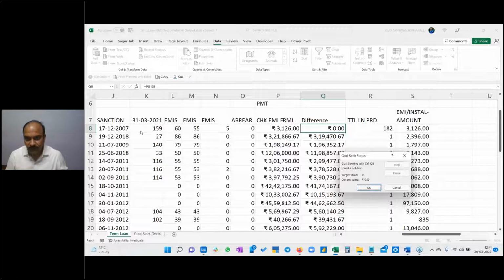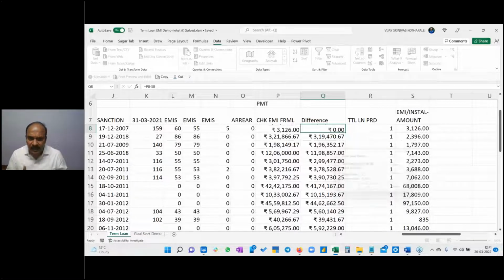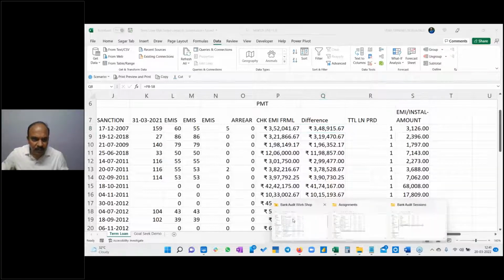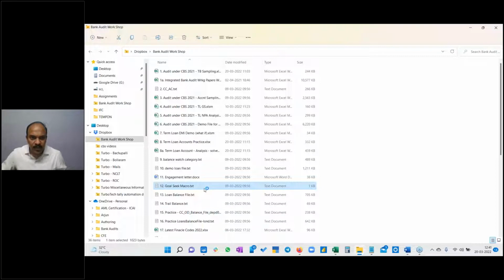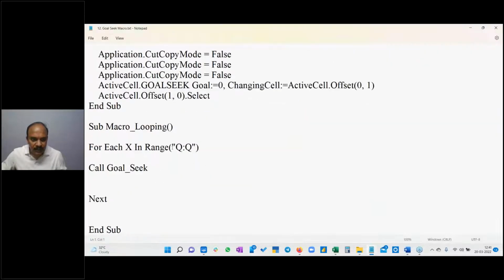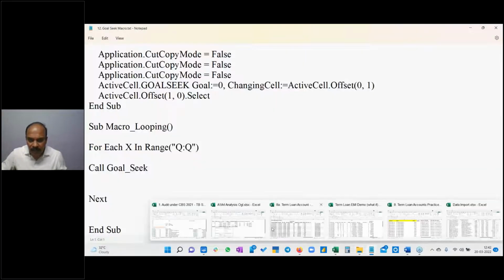Okay, now again the same question is, do I have to do this again and again for each of the accounts? That's where it is not required. If you go to the macro, what I have shared in the folder, if you go to the goal seek macro, the only thing what you have to ensure is just check the columns where we are working the particular